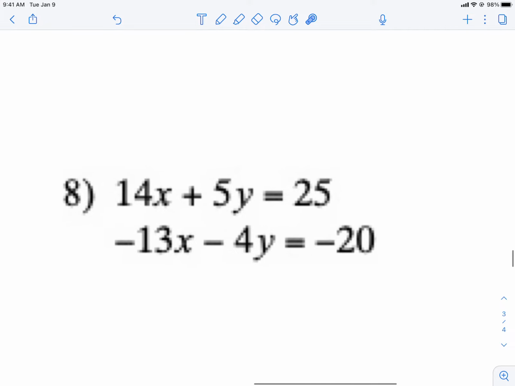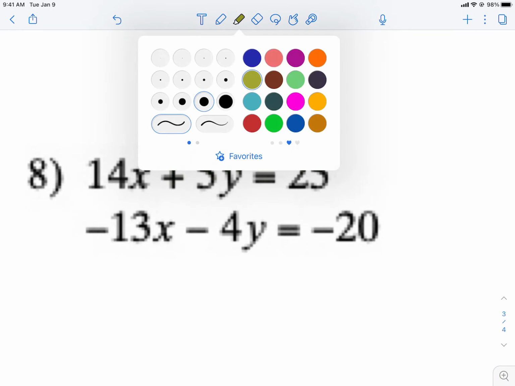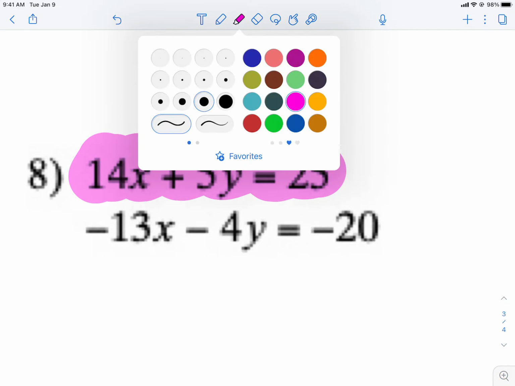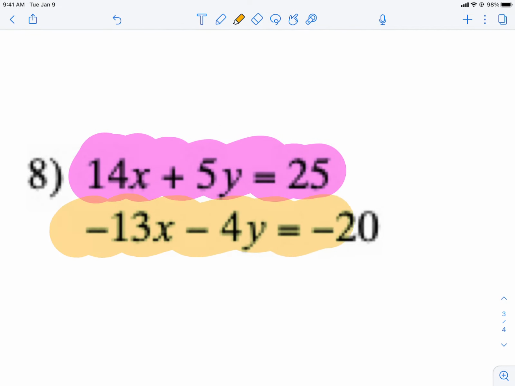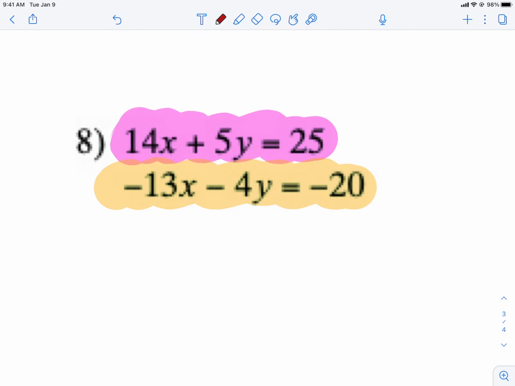But this is a little tricky because, look, nothing's by itself. This one's got 14, this one's got negative 3, this one's got 5, and this one's got negative 4. That's a problem. But it's not a problem because all we got to do is just do an extra step, right? So this is my pink equation, and this is my yellow/orange equation. So what I'm going to do is I'm going to take my pink equation, and I'm going to